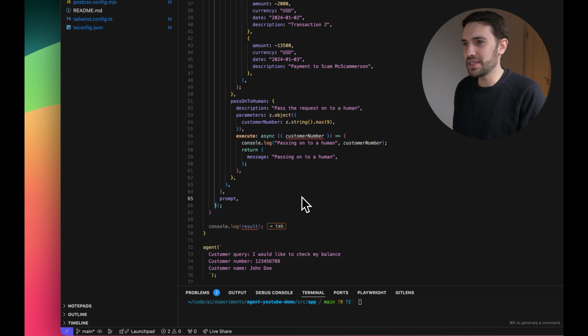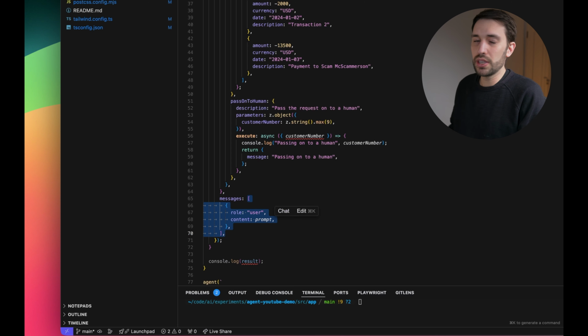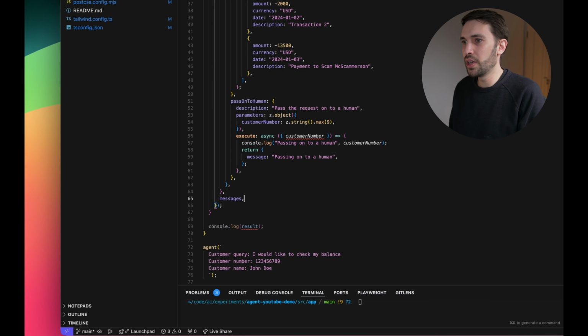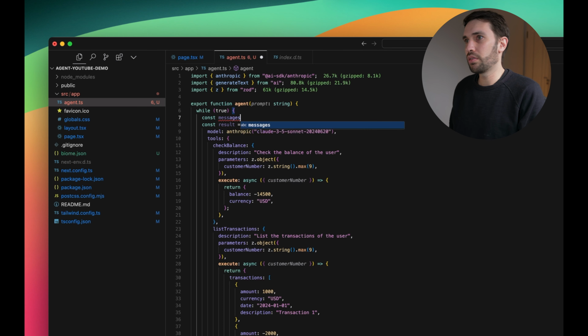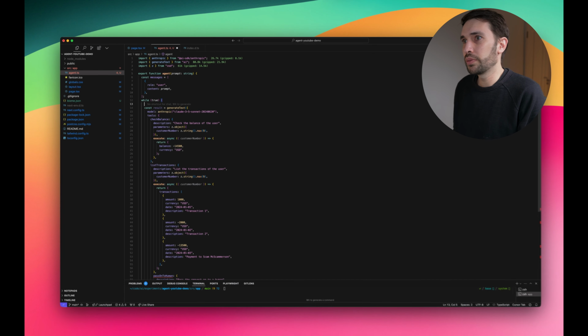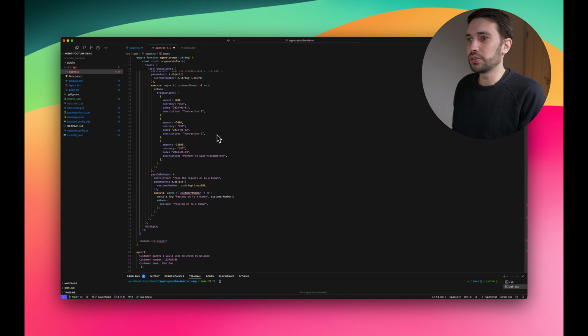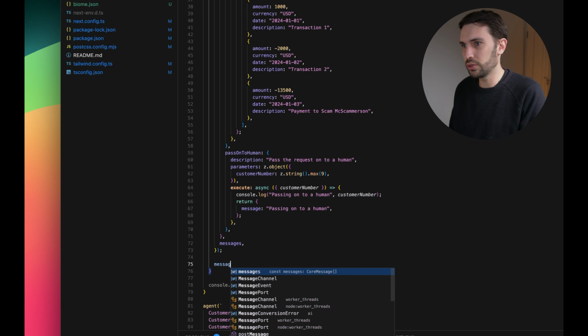All we have to do is, instead of passing in the prompt, we pass in a list of messages instead. And the first message will be what cursor is suggesting here, which is role user and content prompt. But we want to actually make this dynamic so that each iteration of the loop will contain more and more messages. So let's make messages now into a variable. And actually, I want to take that outside of the loop. And inside the loop then, what we want to do is we need to append the result of the LLM to the messages. So we'll do messages.push